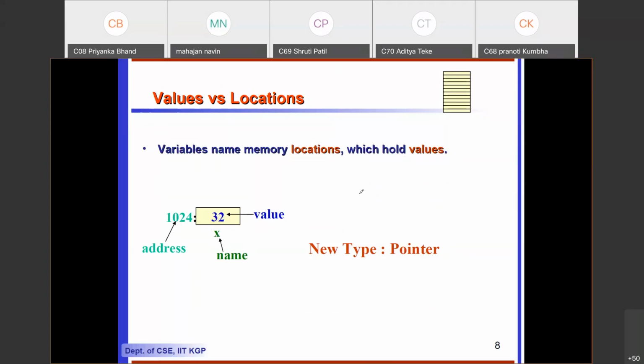Suppose I define integer x. The name is x. If I define integer x equal to 32, what will happen?